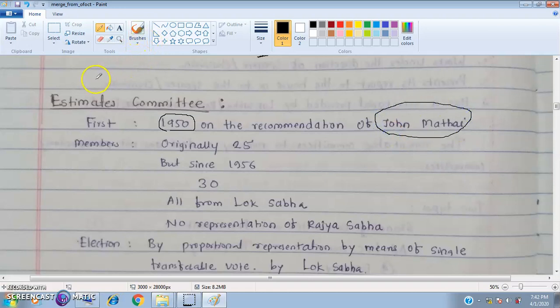So the Public Accounts Committee was on the provisions of the 1919 Act, whereas the Estimates Committee is on the recommendation of John Mathai. Now, John Mathai happened to be the first railway minister of independent India, and later on he became